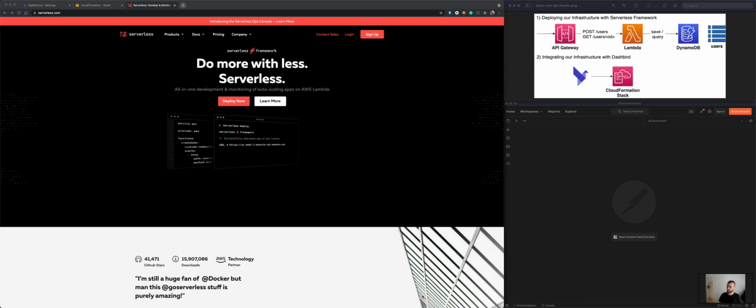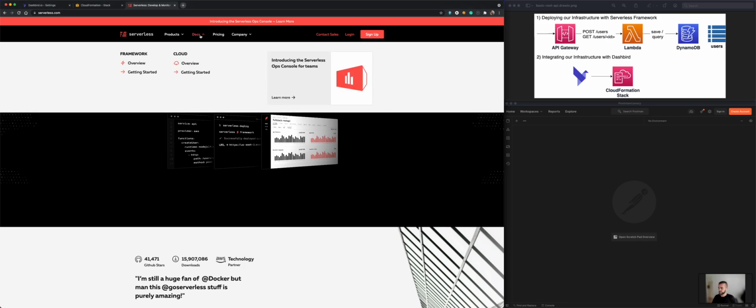Friends of the cloud. Today I will show you how you can deploy your first serverless application within a few minutes with Serverless Framework. Here we're on the Serverless Framework product page and we can just browse to the documentation,